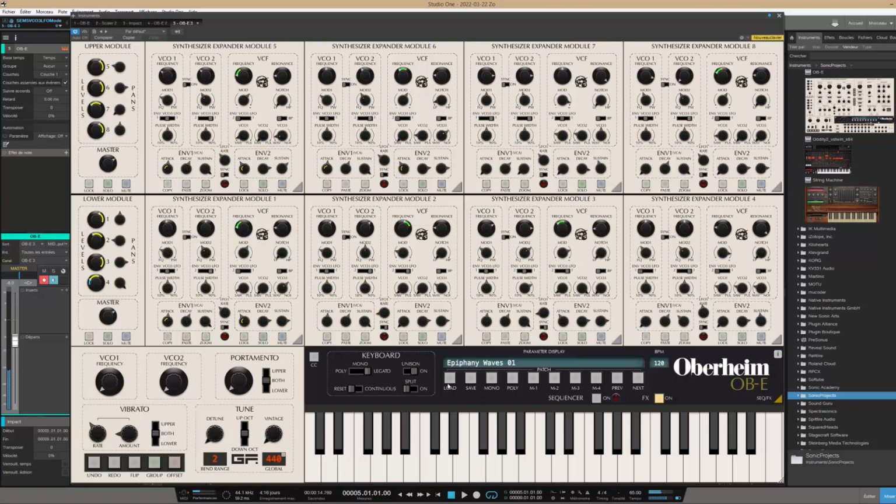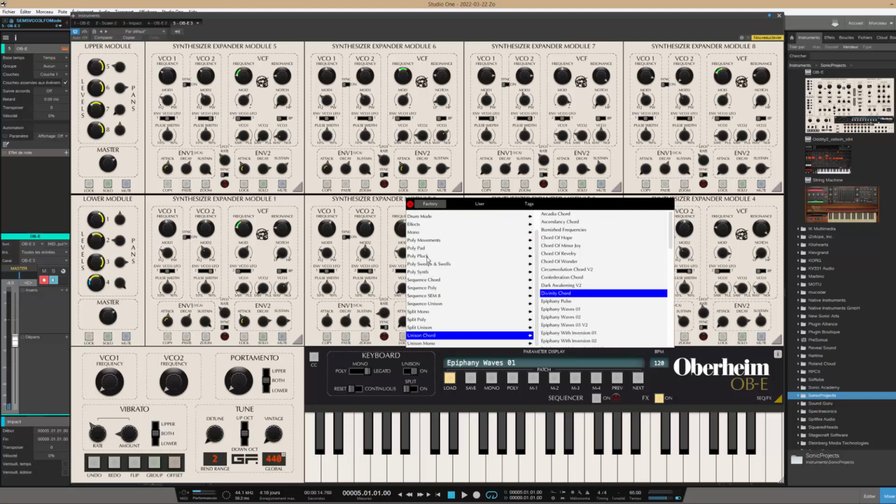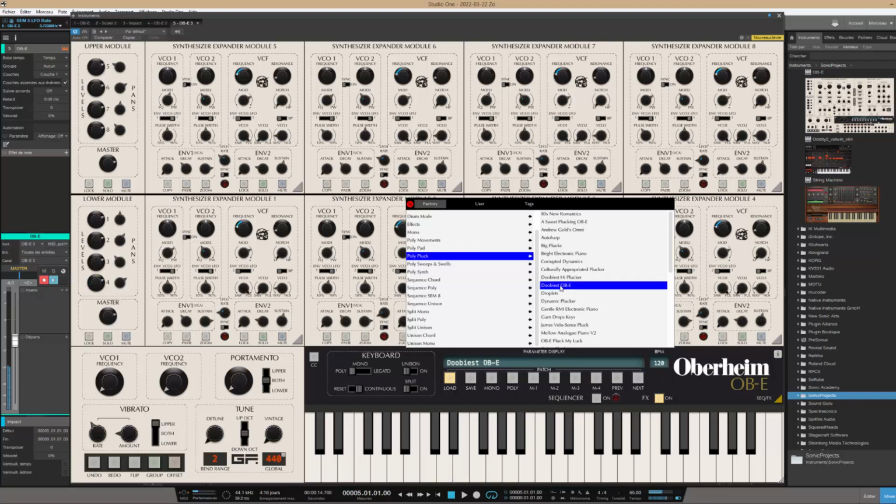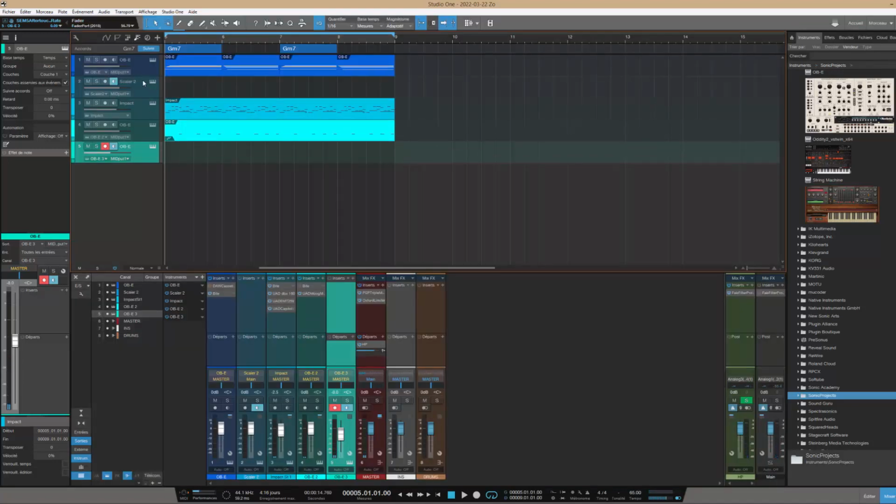You see the richness of the Sphinx. You can do anything. I really like the poly pad. The Pluck are really great, really great for sequences. I like this one. Let me just use like the scaler. So basically, I'm gonna trigger this one, and I'm gonna say the Oberheim here are gonna be fitted with